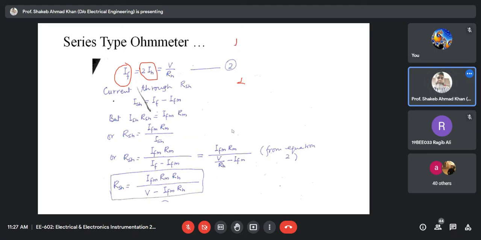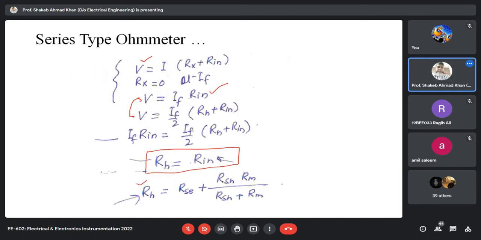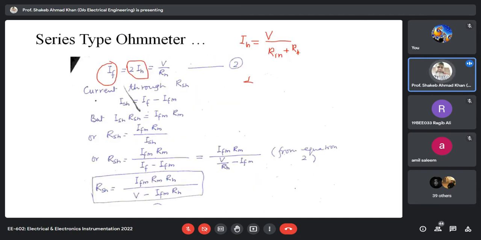When your IH will be equal to V upon R in plus RH. Is it fine to all of you? RH, and you know RH is equal to RN. So we can write